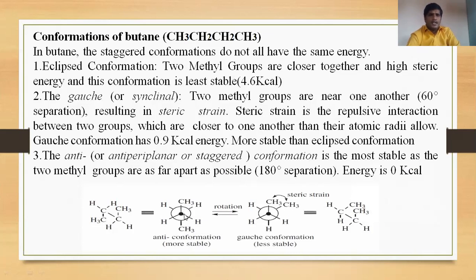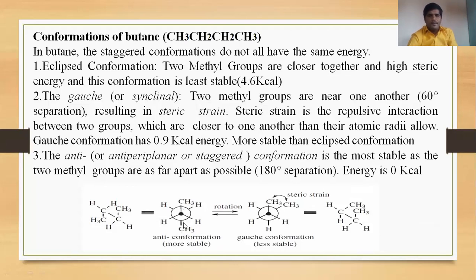You can see initially the front carbon is there, and we have written CH3 and hydrogen and hydrogen. Then the back carbon we have written as a circle, and whatever hydrogens there are, we have written at this location, this location, and this location. So the bond angle or torsional angle between these two methyl groups is 180. Okay, that is called the anti conformation, or we can call it the staggered conformation.